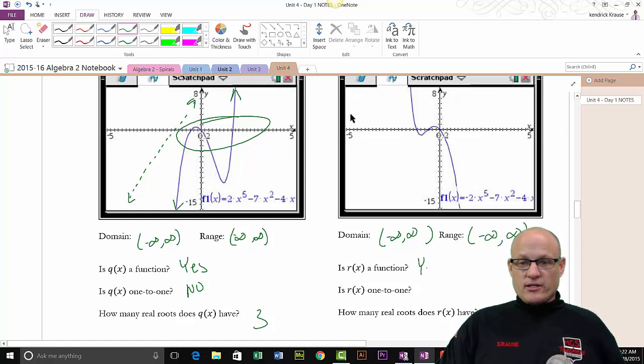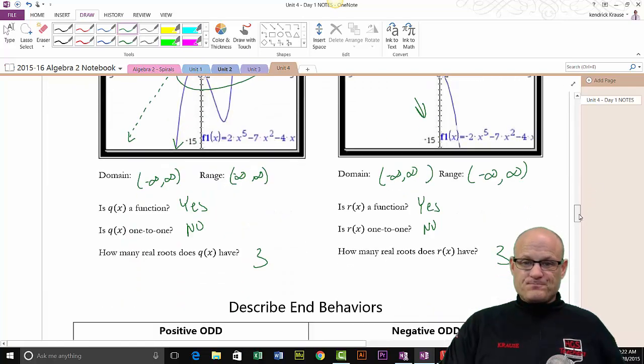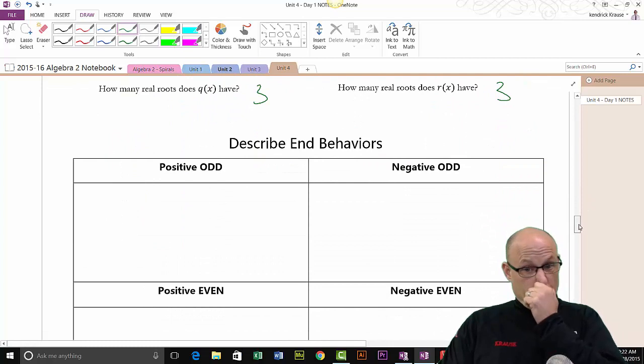Is it a function? Yes. Is it a one-to-one function? Oh, no. This is also not a one-to-one function. And this one had 3 real roots. But notice it's got a negative in the front. Notice it's got a negative in the front, so it's going up left and down right, just like a negative line would go up left and down right. So let's talk about